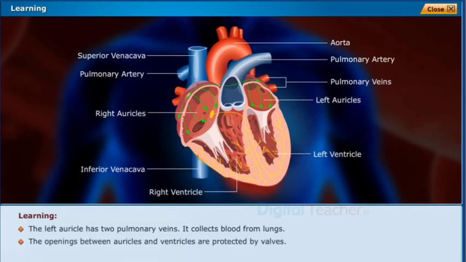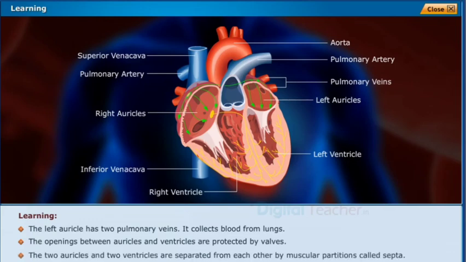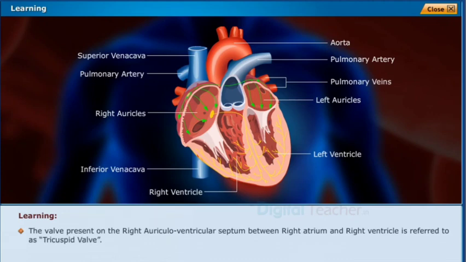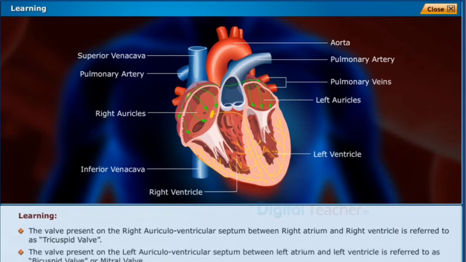The openings between auricles and ventricles are protected by valves. The two auricles and two ventricles are separated from each other by muscular partitions called septa. The valve present on the right auriculoventricular septum between the right atrium and right ventricle is referred to as the tricuspid valve. The valve present on the left auriculoventricular septum between the left atrium and left ventricle is referred to as the bicuspid valve